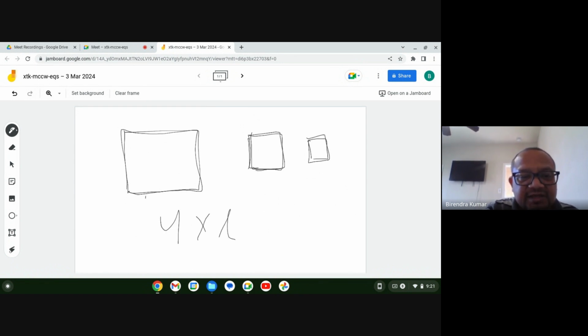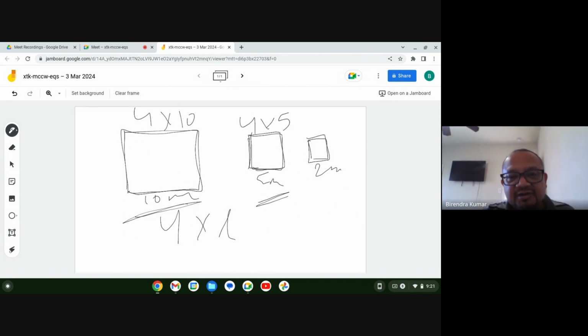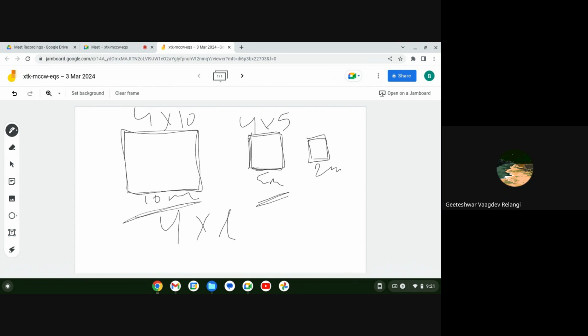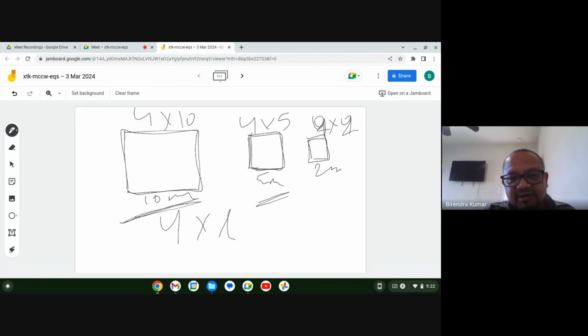Here the length, let's say, is 10 centimeter. Here it is 5 centimeter. Here it is 2 centimeter. So in this case, what will be the perimeter? 4 times 10, that is 40 centimeter. Here it is 5 centimeters, so it will be 4 times 5, which is 20 centimeter. And here it will be 4 times 2, 8 centimeter. Sorry, I thought that was a 5. Right. So here what's happening is the perimeter for these squares is 40,